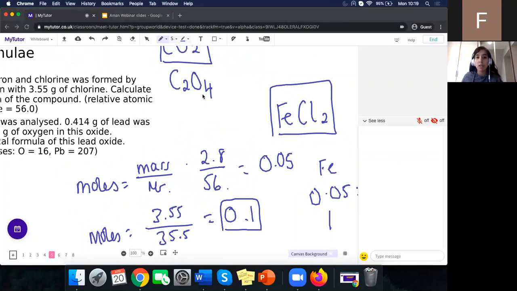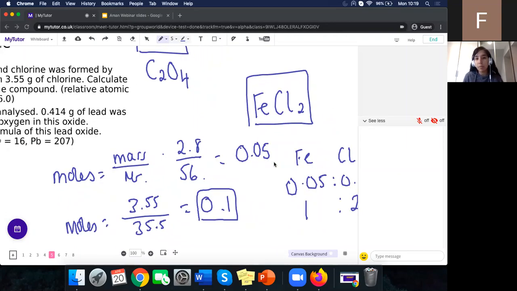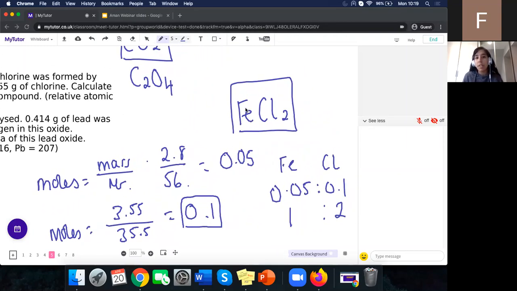Good, excellent. Someone's asking me, should the ions method get the same result as the moles equals mass over molecular mass? Yes, it should. But in these questions, they will be looking at your method and they want to make sure that you can use the moles method. And also what can happen is, for example, the transition elements can exist in different ions. So for example, in this case here, we can see that this is an Fe2+